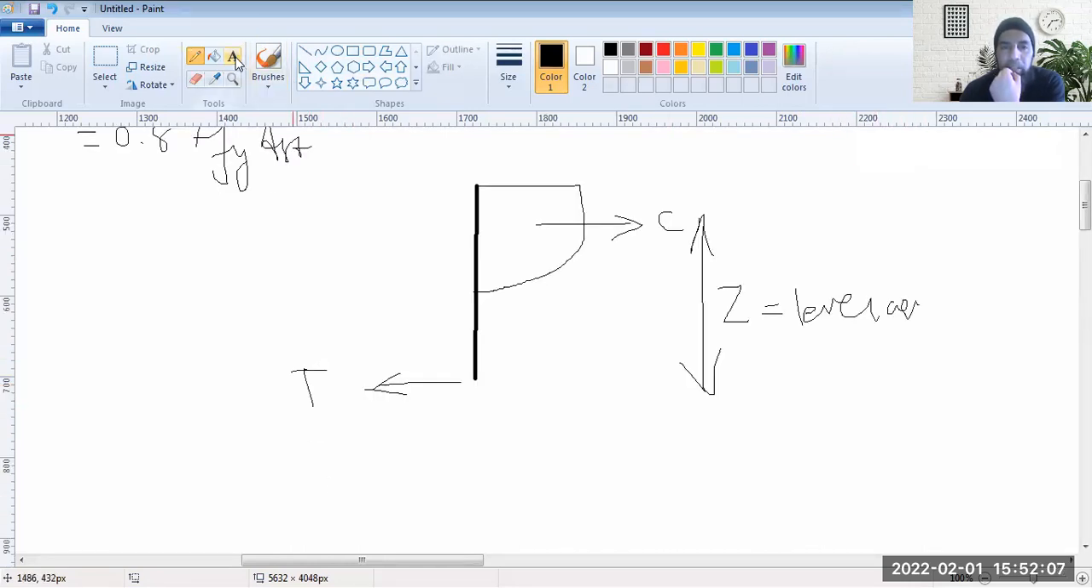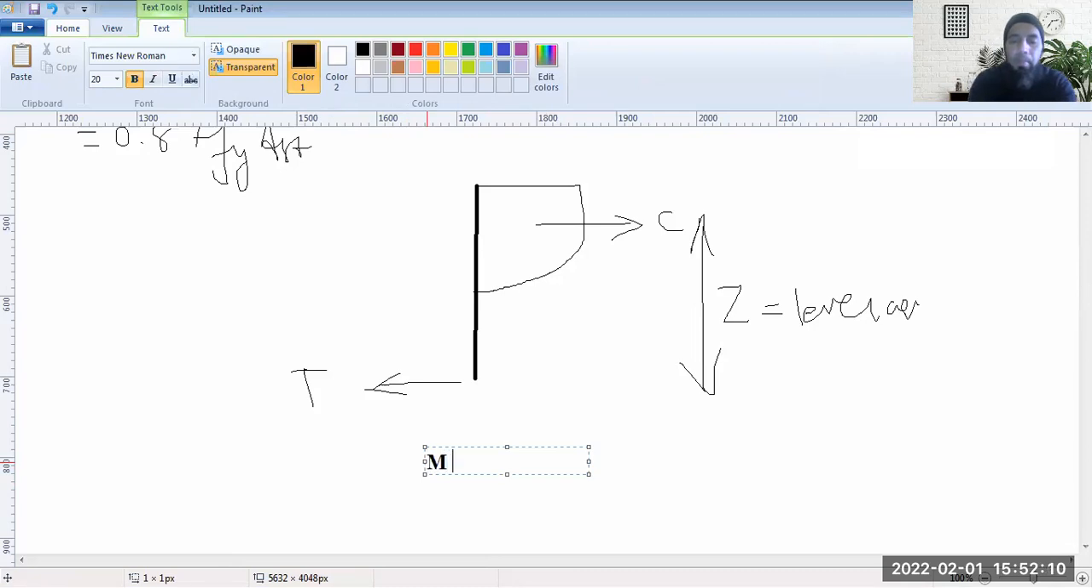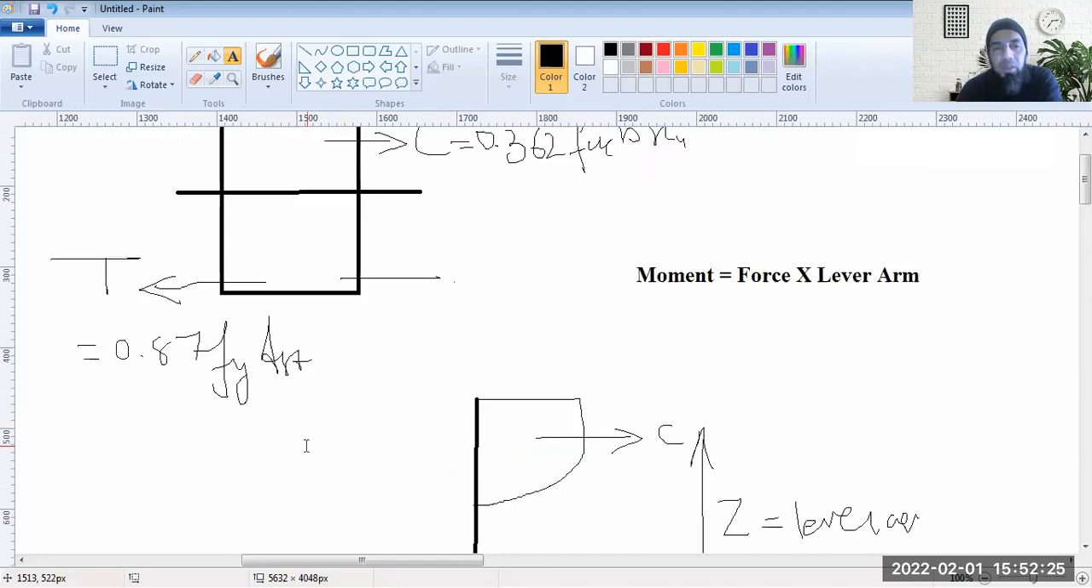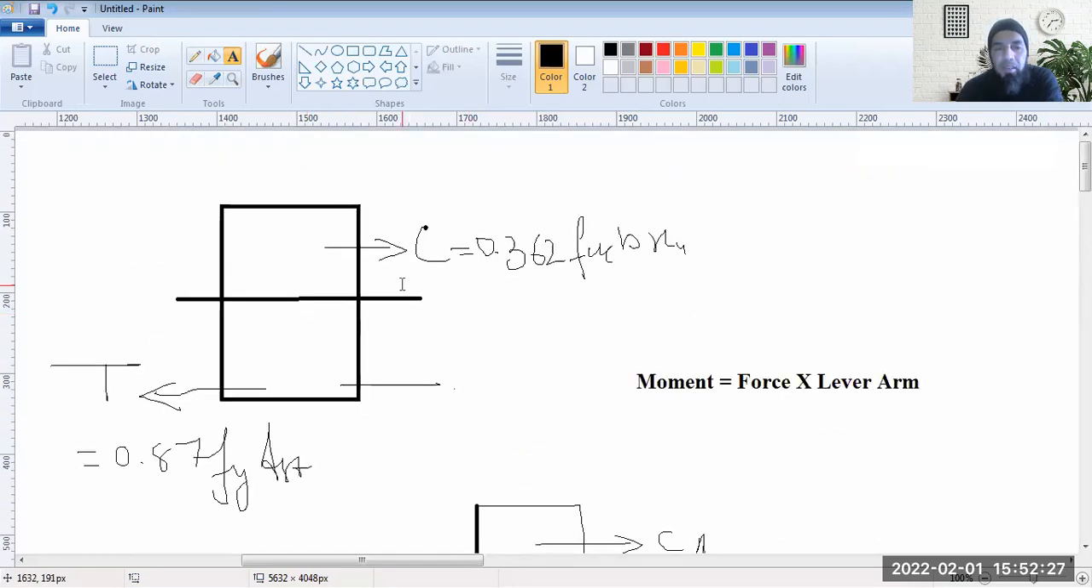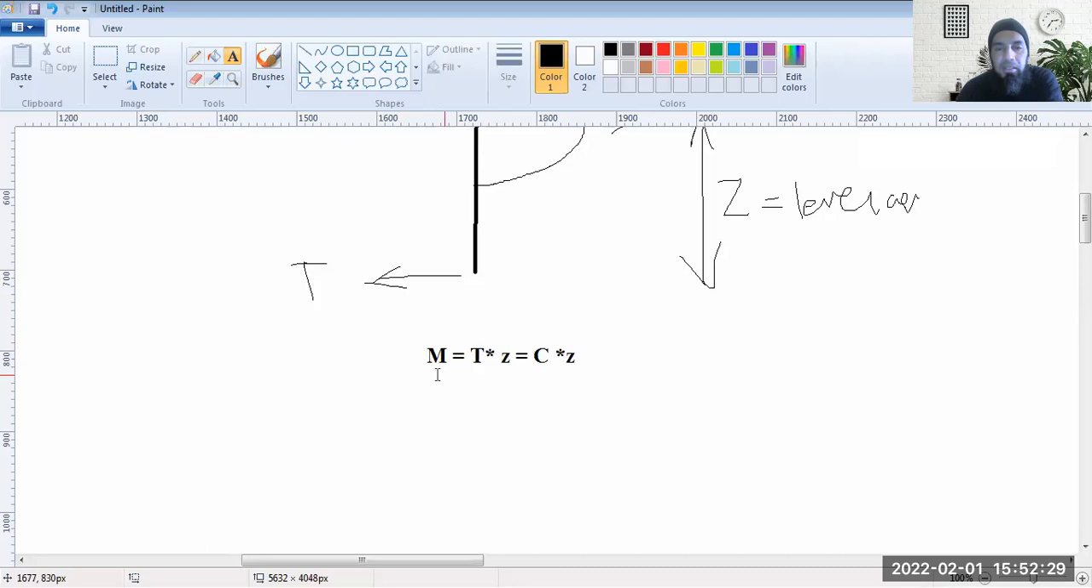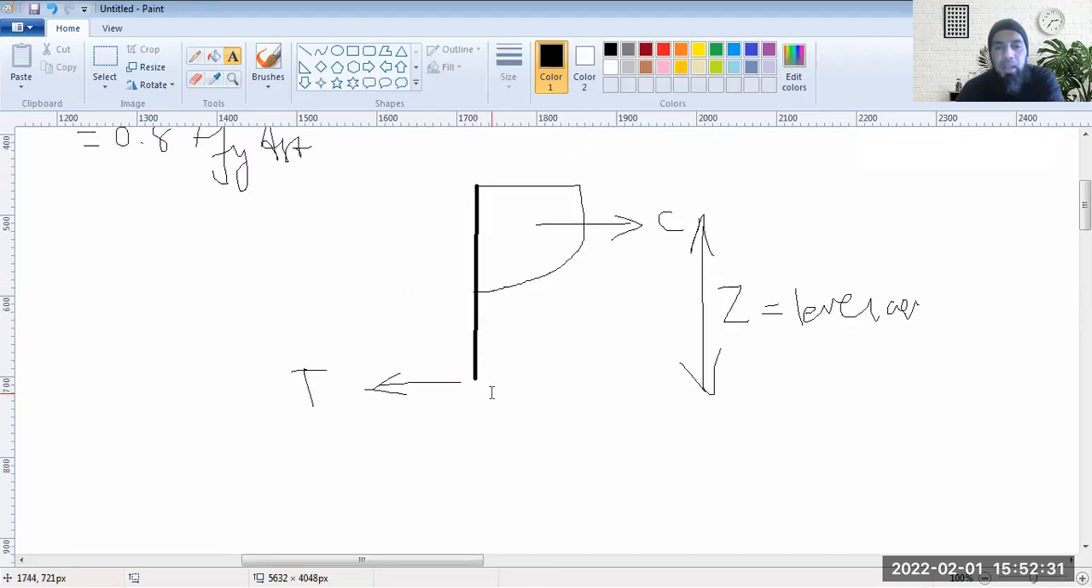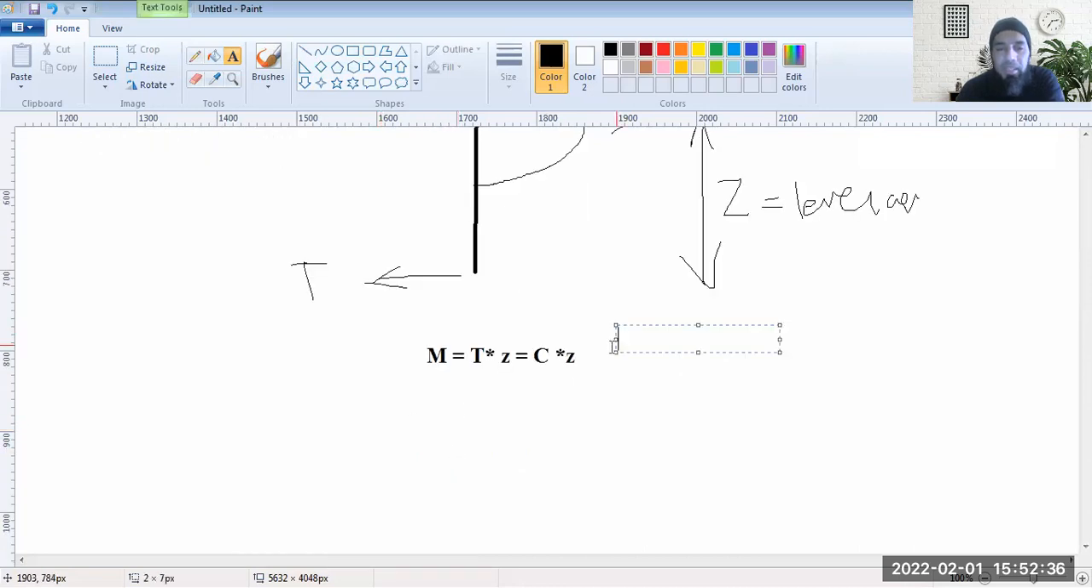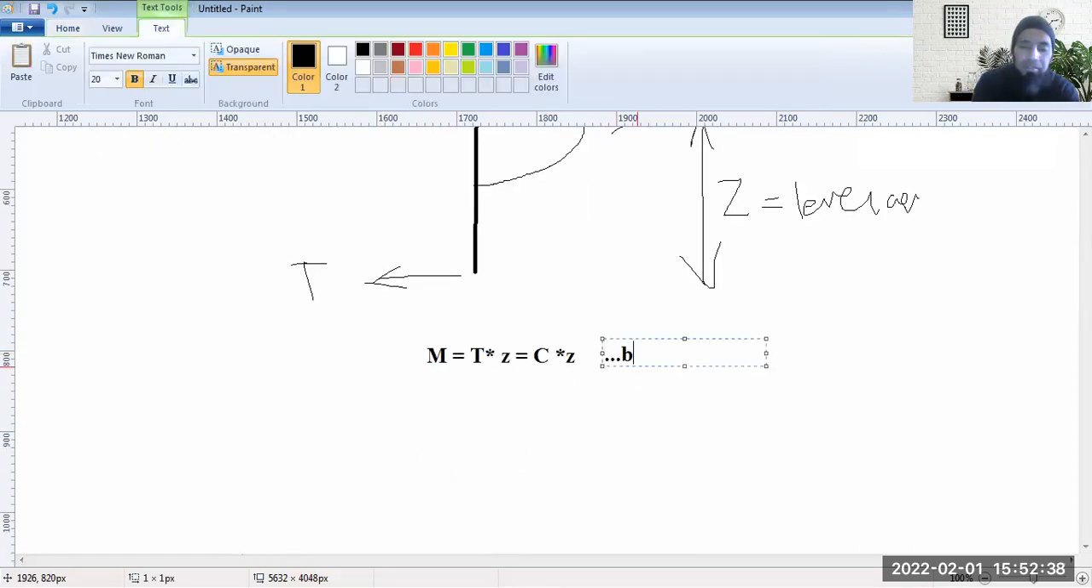So your moment for this section would be T into Z, or it would be C into Z. If the section is balanced, if T was equal to C, if the section was kept as balanced, then moment would be either T into Z or it would be C into Z. If this is a balanced section